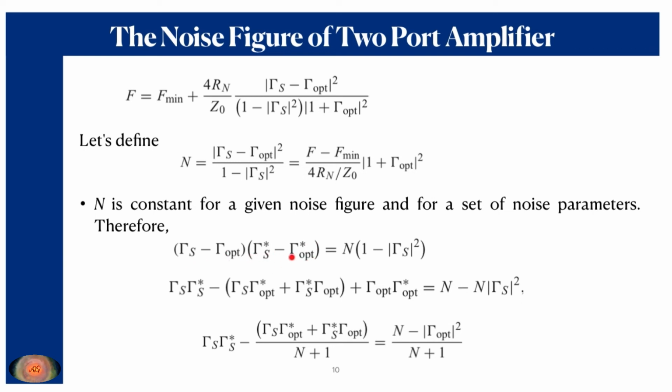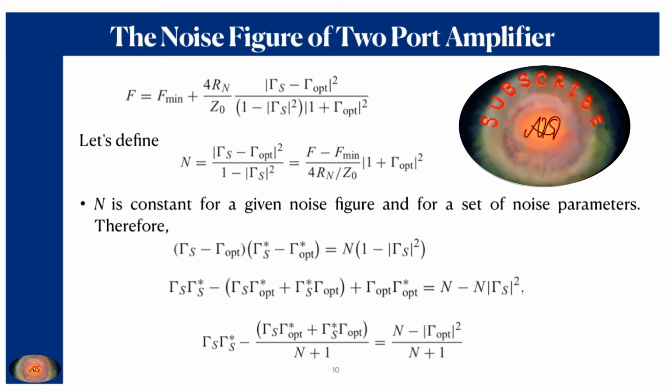The purpose of writing in this way is that you can multiply term by term over here, and represent the next line as shown upon multiplication of the complex term with its own complex conjugate. Now from here, this gamma s times gamma s conjugate is basically mod gamma s square. So in the next expression, I have taken this n times mod gamma s square on the left side of the equal sign, and I have taken this one common.